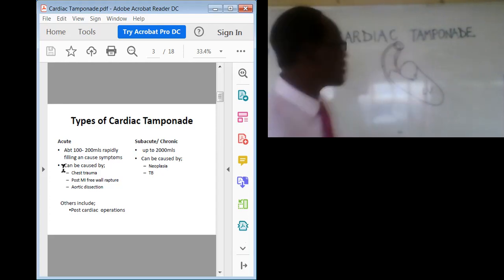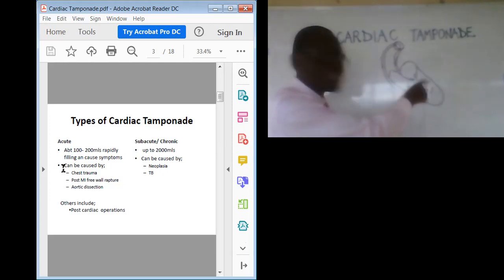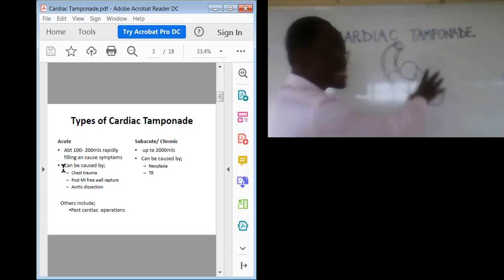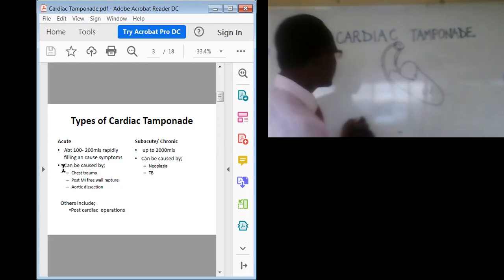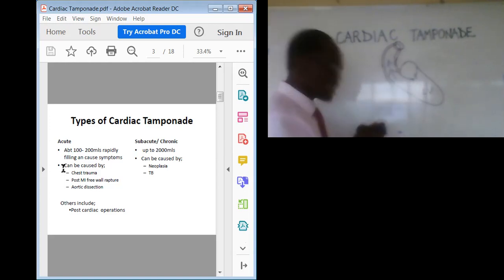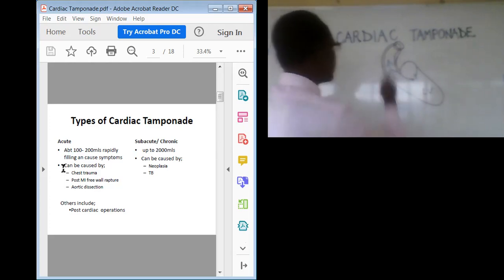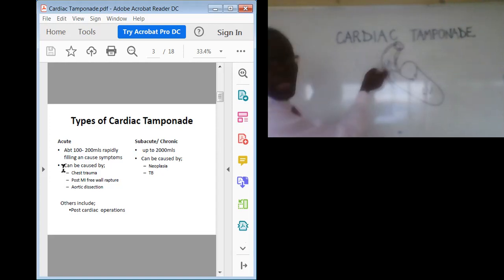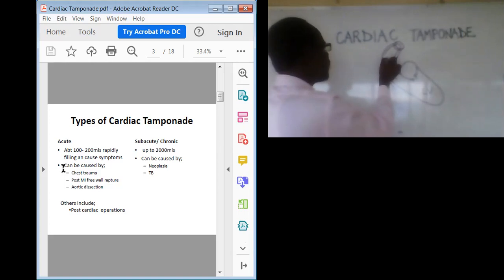Because of the high pressure within the aorta, as this left ventricle pumps, as blood gushes, it might cause rupture here in the aortic wall,